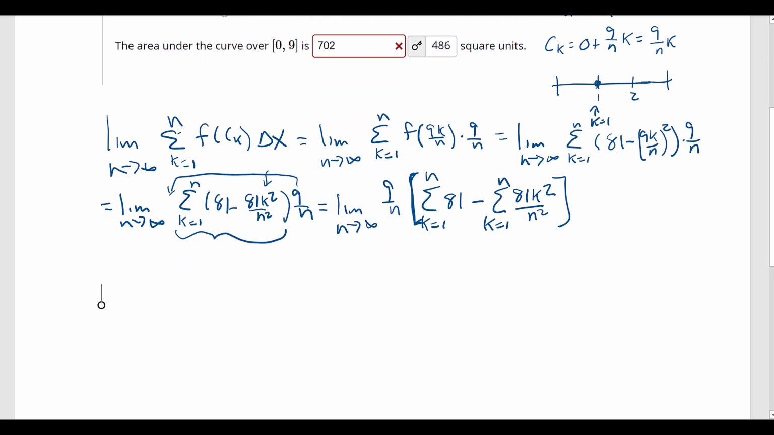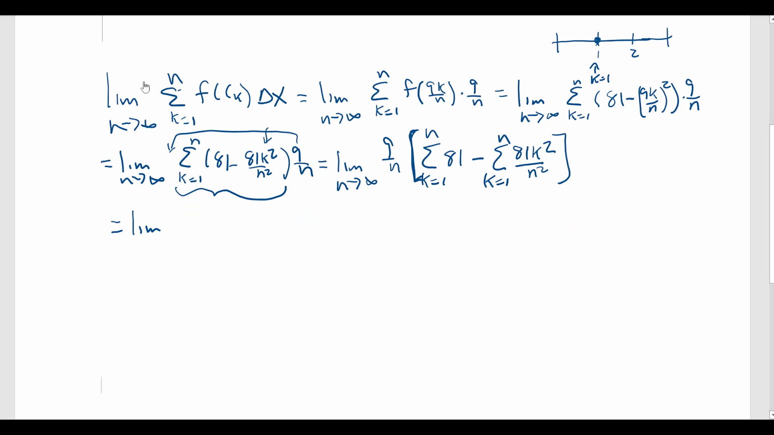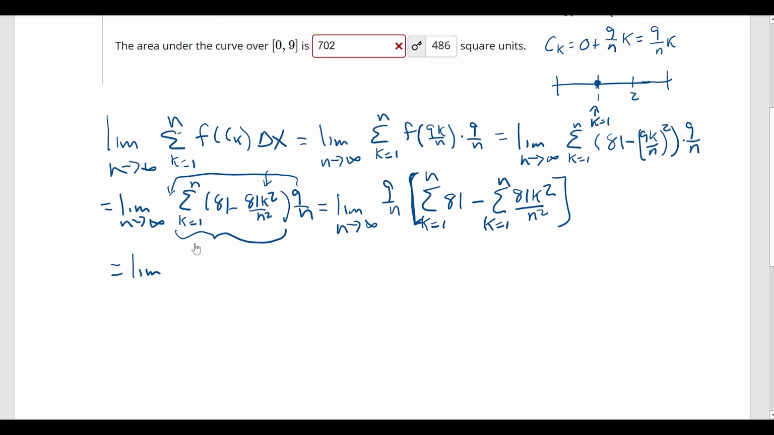So we have the limit down there further. Okay, the limit as n goes to infinity, 9 over n. Now if we added 81 n times, 1, 2, 3, 4, until we get to n, that's going to be 81n